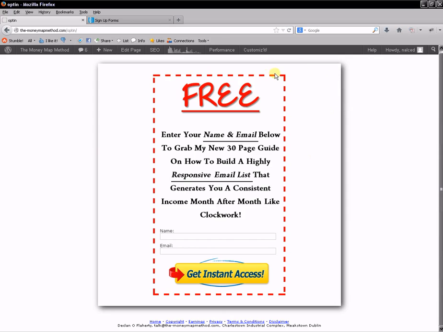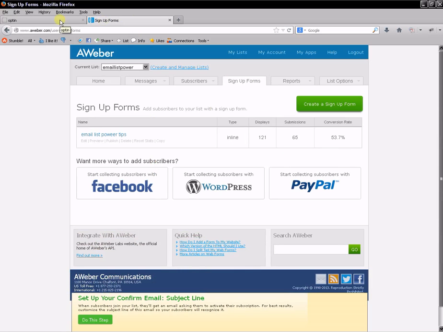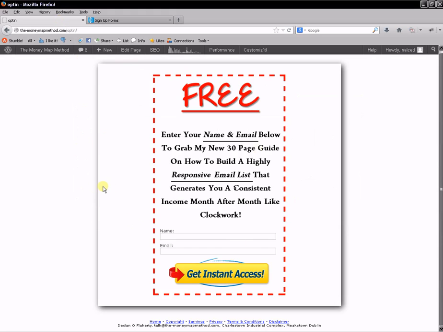So I'm going to show you how to actually create this opt-in form here, because this actually screams attention. Okay, when someone sees this opt-in form, they want to opt in. Okay, they really are great opt-in forms, and I've proved it here with a 53% opt-in rate. Okay, and on a 2-page squeeze page, a 53% opt-in rate is massive. Okay, that's unheard of. So I'm going to show you how to create this form here inside AWeber, and it's very, very straightforward. So let's quickly go through this.